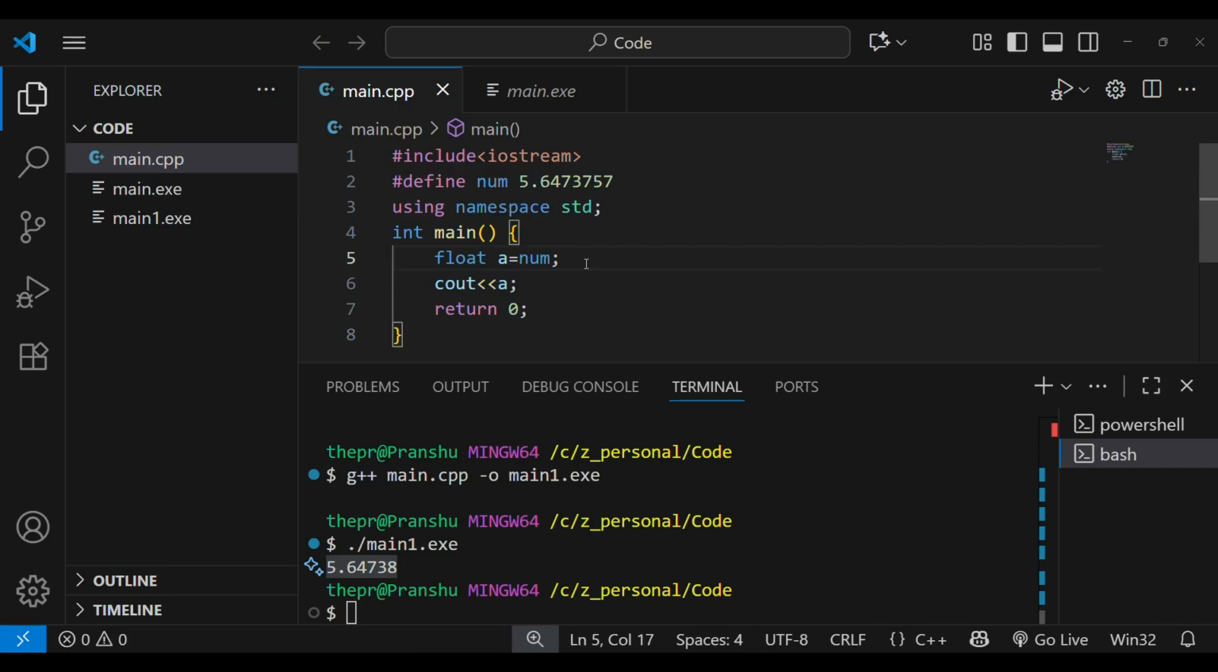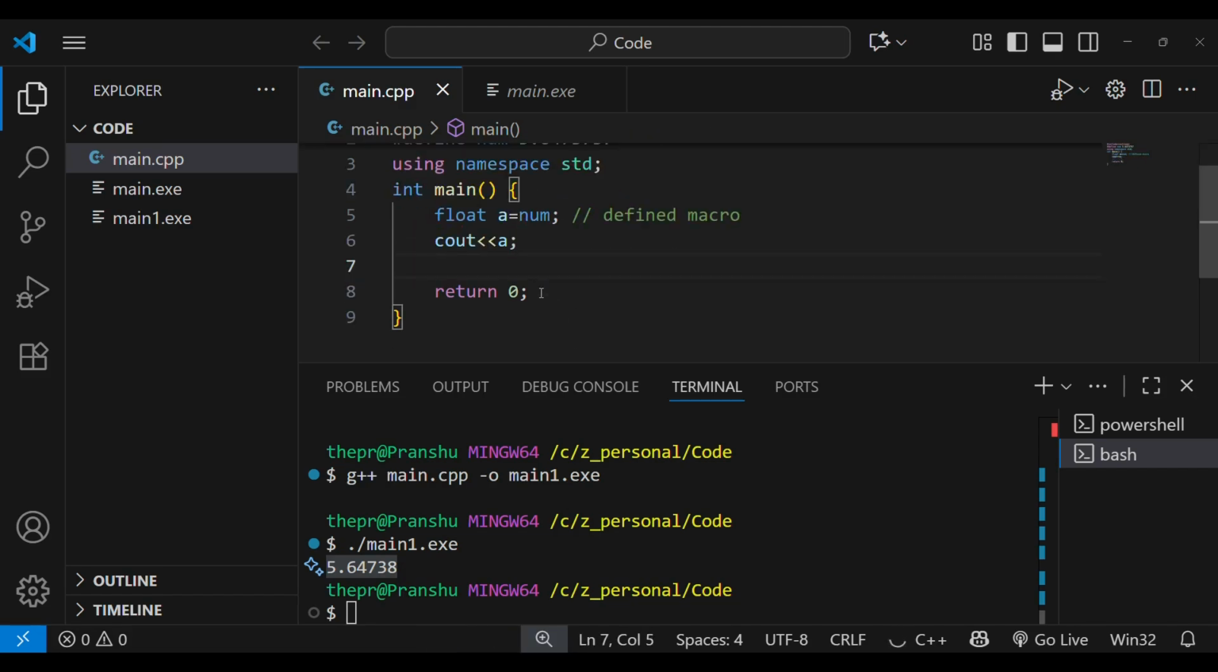Just like this is the program, and we want to add a single line comment over here. So we will use two forward slashes and write defined macro. If we run this code, the compiler will ignore this part of the code. And again, if you want to add multi-line comments, we write forward slash star and then write